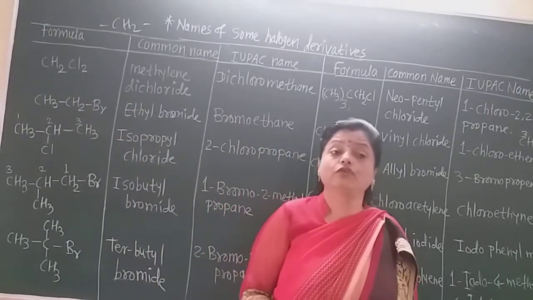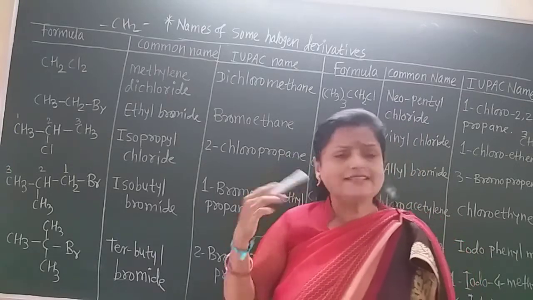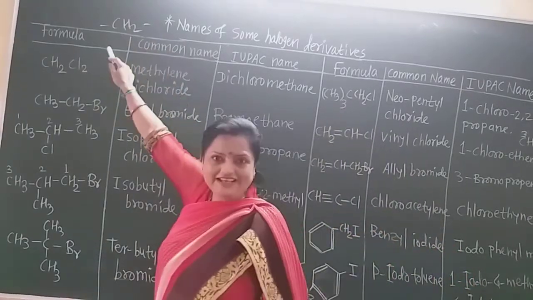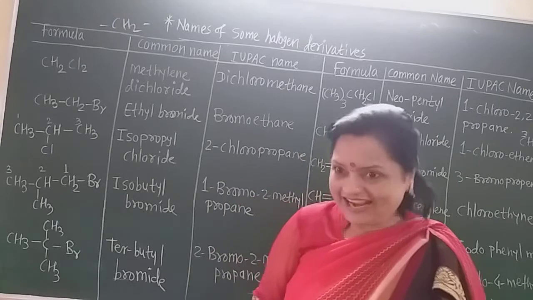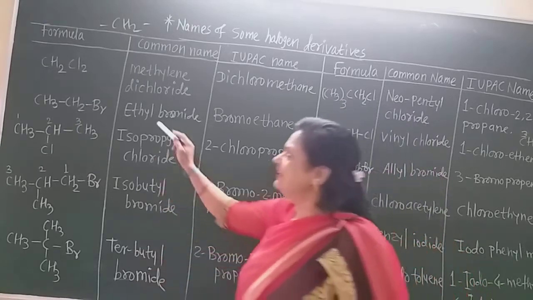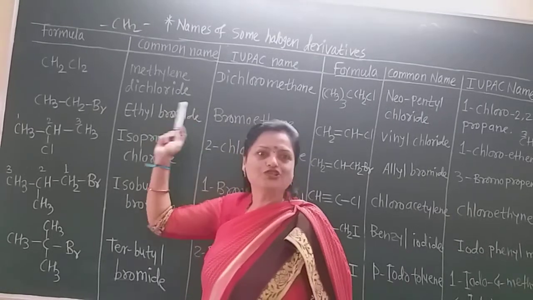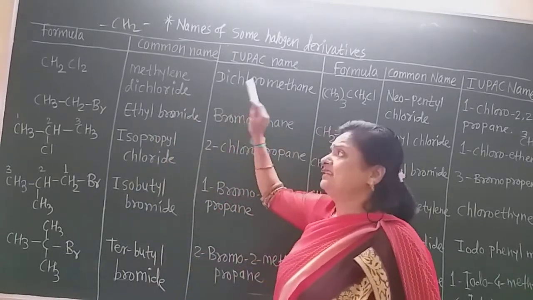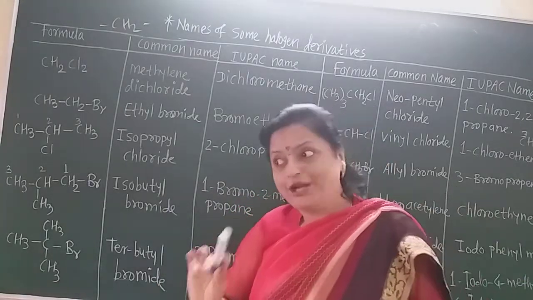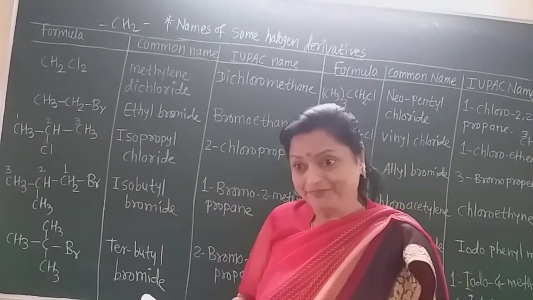In the textbook only methylene chloride is given, but that is also correct, because with methylene in our mind there are definitely 2 bonds, and on those 2 bonds 2 chlorines will be attached. So you can write only methylene chloride or methylene dichloride, but I write methylene dichloride here for your understanding because it is the dihalogen derivative. And as we know, we give the name to the alkyl halide as haloalkane. Now this is the dihaloalkane.